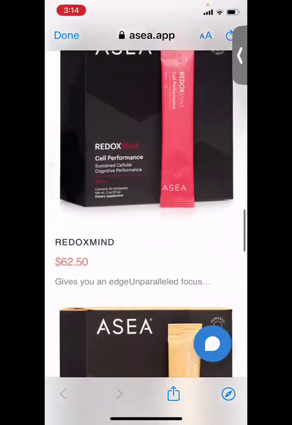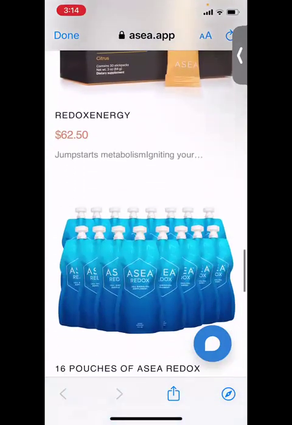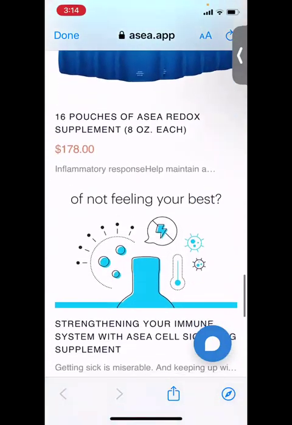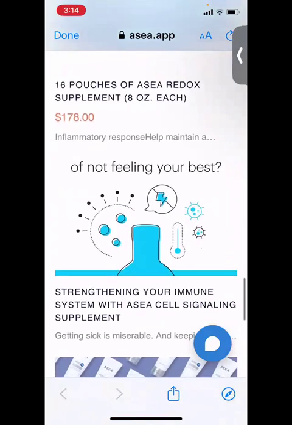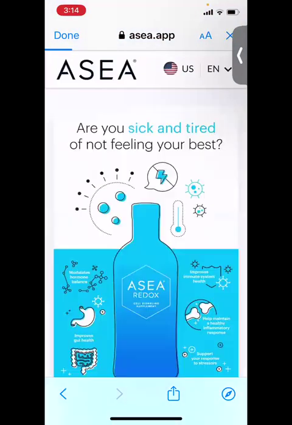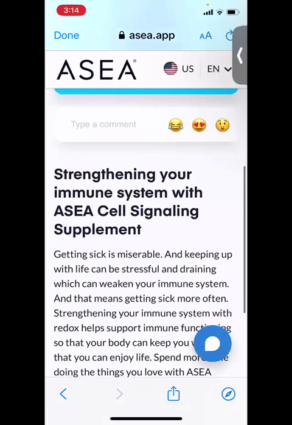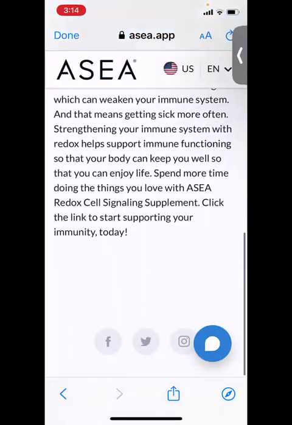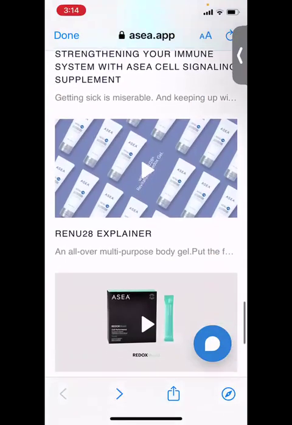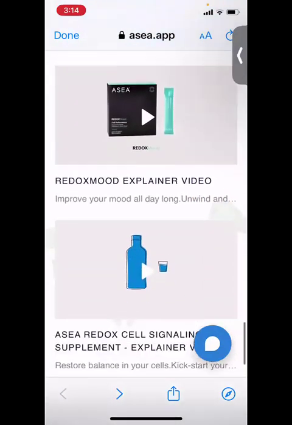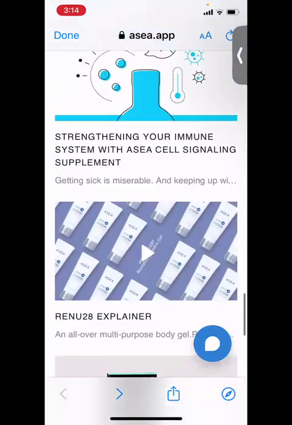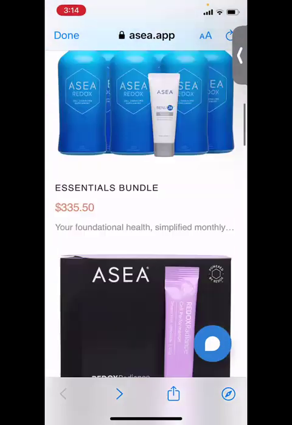And you can arrange these however you'd like. Sports pouches, which are awesome. And then some informational things. So this is another beautiful article explaining how redox helps us, and then some videos. Okay, so you're probably wondering, this is great, Beth, but how do I do this? So